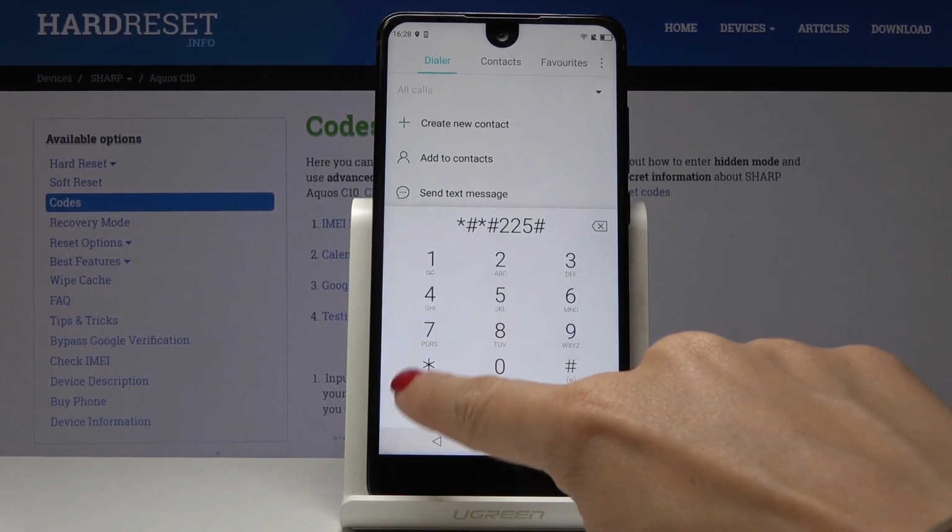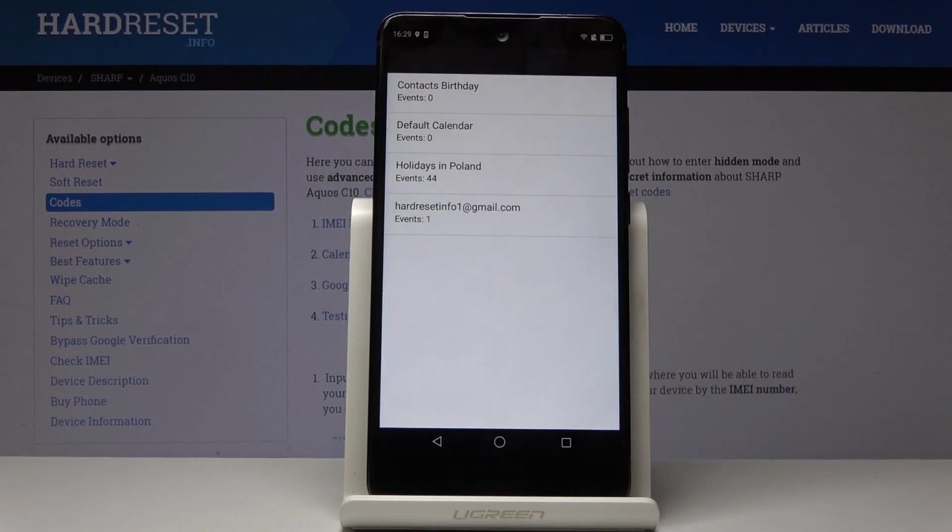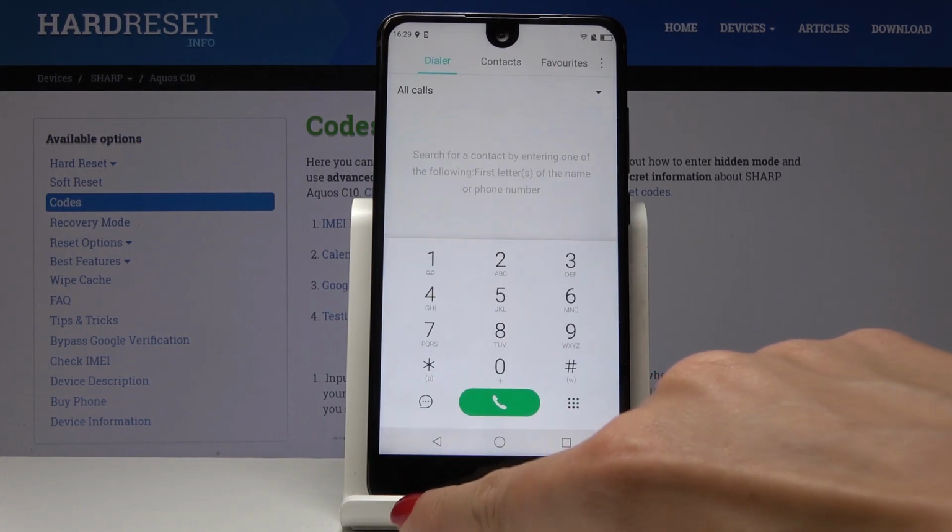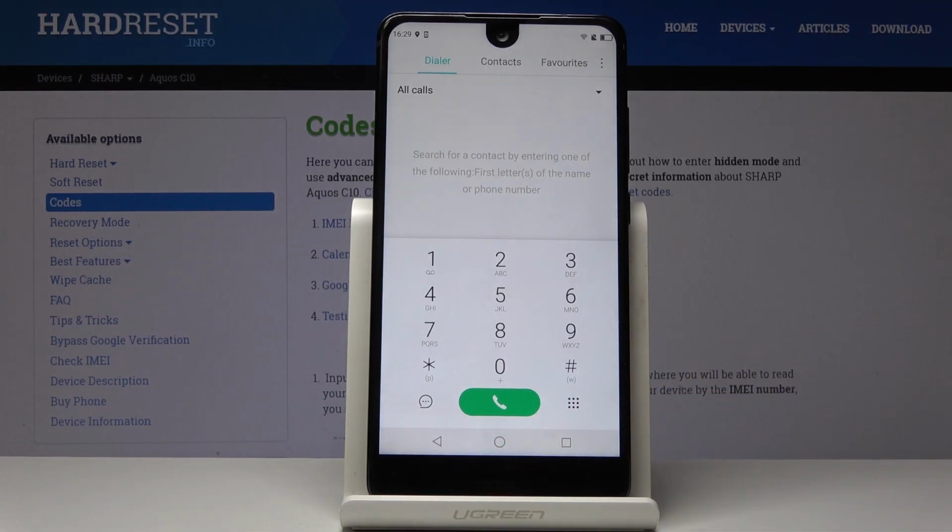*#*#225#*#. And here is the calendar info, so you can check all events, all celebrations, any important dates that you have written down in your calendar. So just by using this one code you can check everything to not forget about any important date, any important celebration. And then the last code, very short one, is